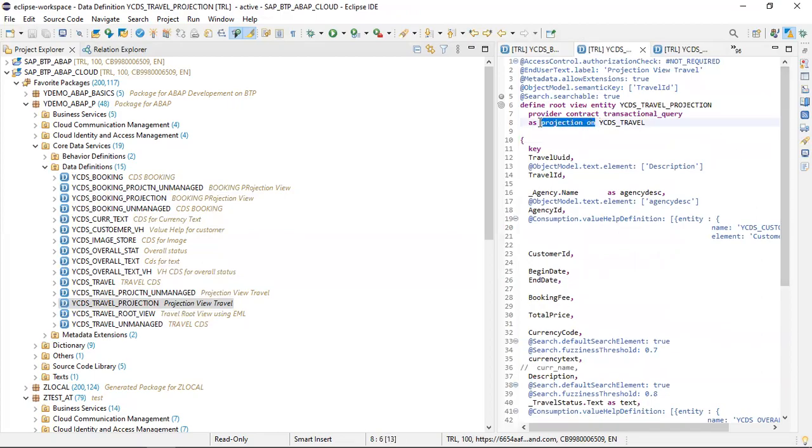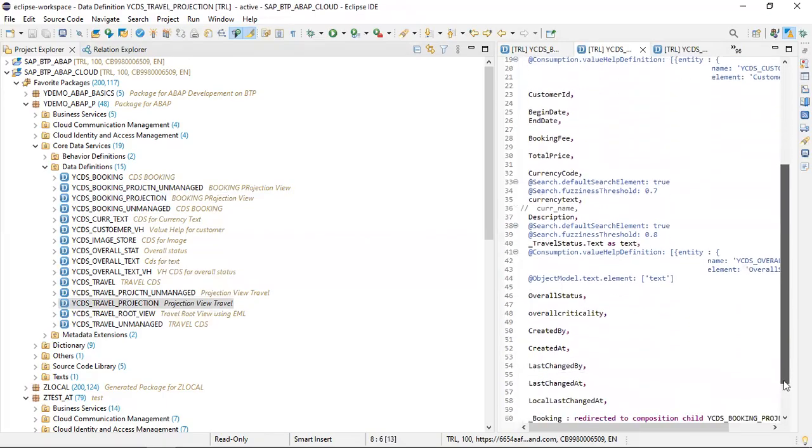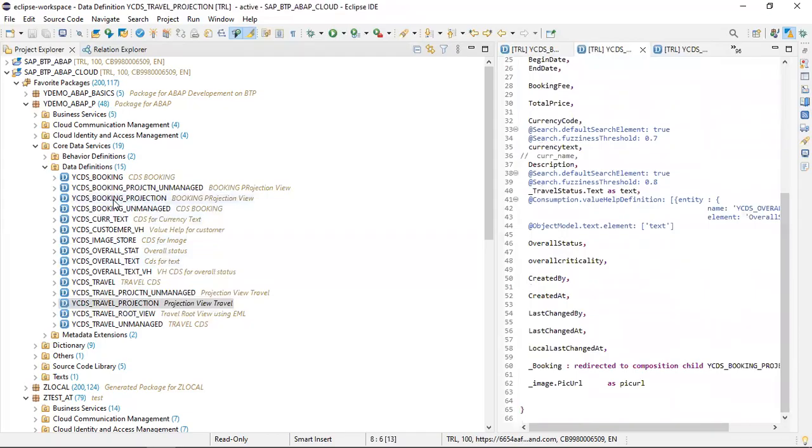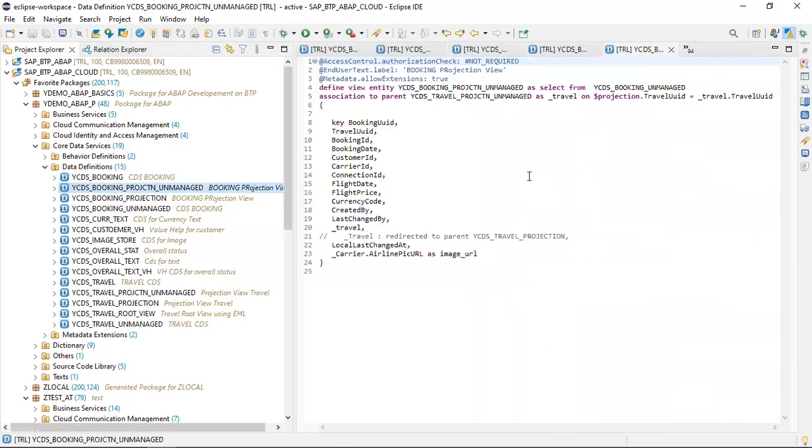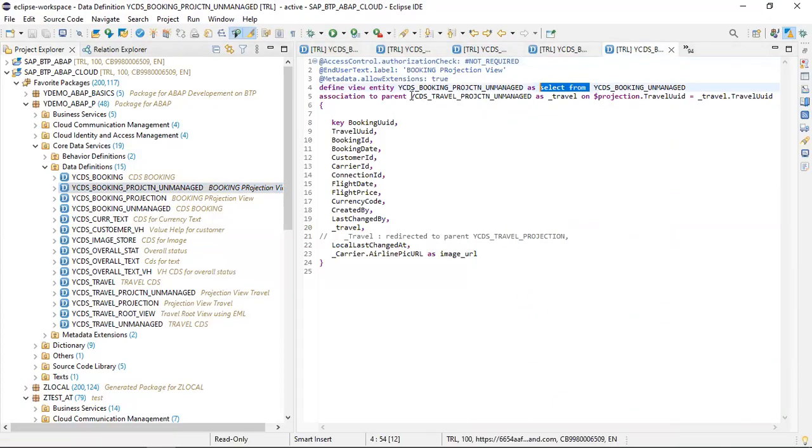If we are putting a projection, instead of select from, we are using projection on. In that case, we can use this syntax. But here you can see, in unmanaged, we are not using any projection. Here we are not using the projection keyword. Instead of projection, we are using as select from. That's why we are using association to parent directly here,